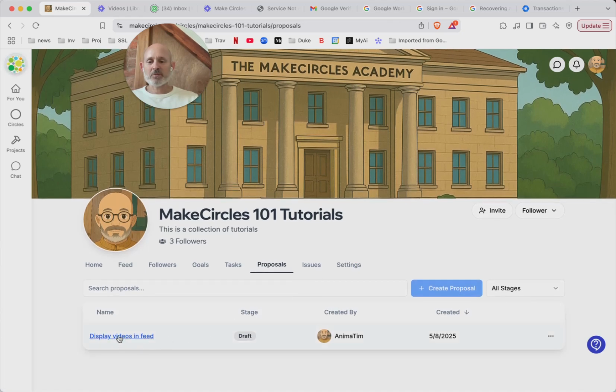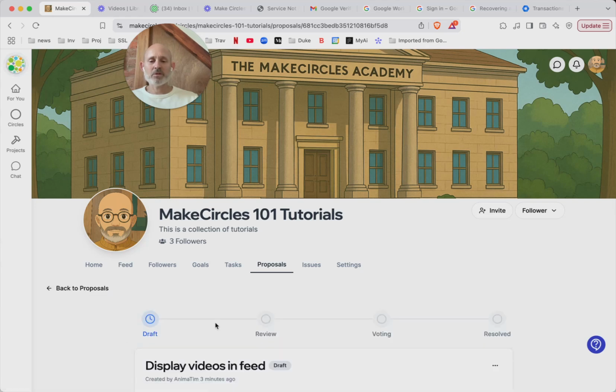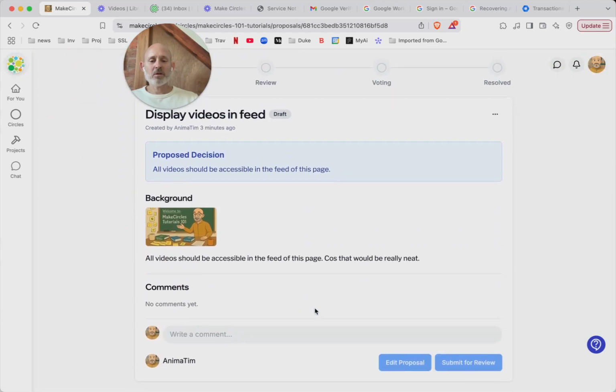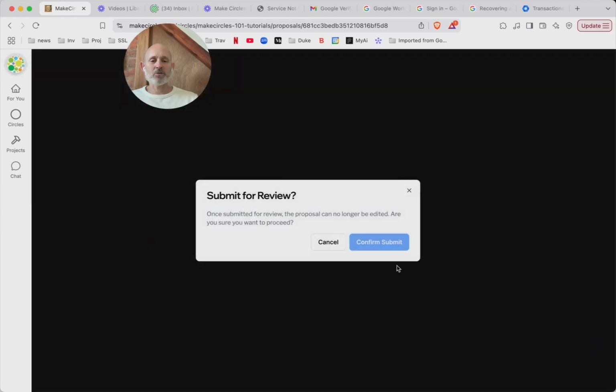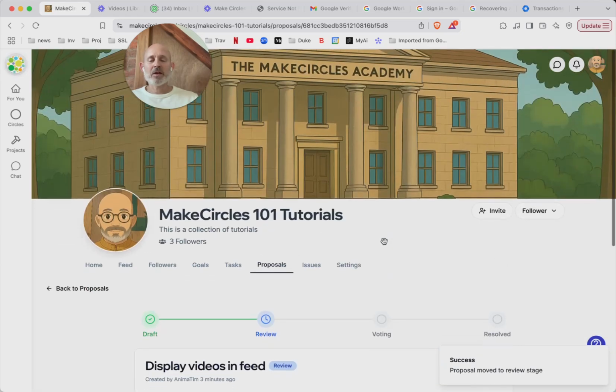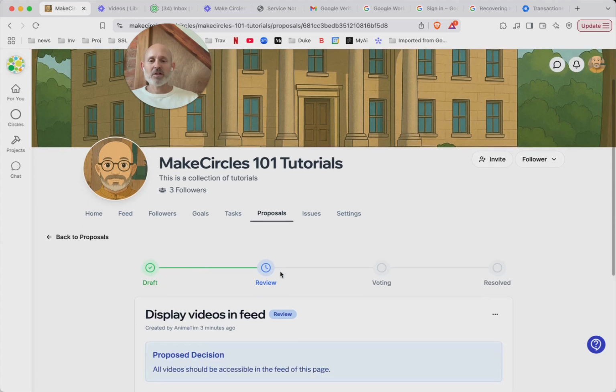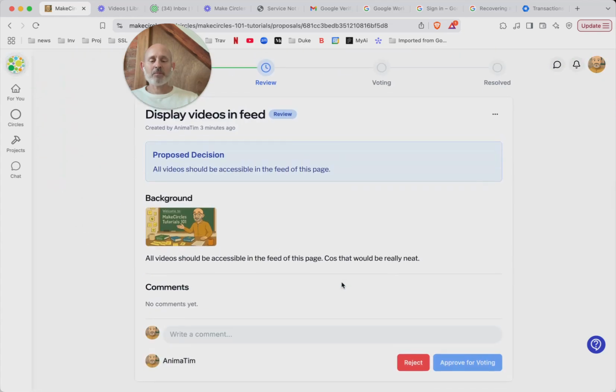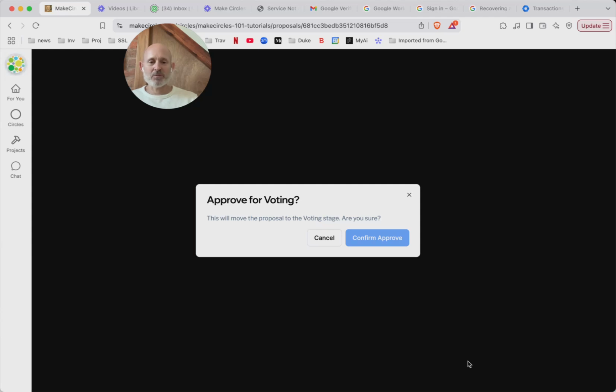So you can see the feed of the various proposals, and you can see that this proposal is in draft mode. What I can do is click again in draft, and I can continue editing the proposal, or I can submit for review. So I am going to submit this for review, which means that the admin of this page gets to decide if this proposal is good enough or not. You can see here that it's now in review phase, and as I am the admin also of this page, I'm now getting the option to reject or approve for voting. So obviously I'm going to approve this proposal for voting,